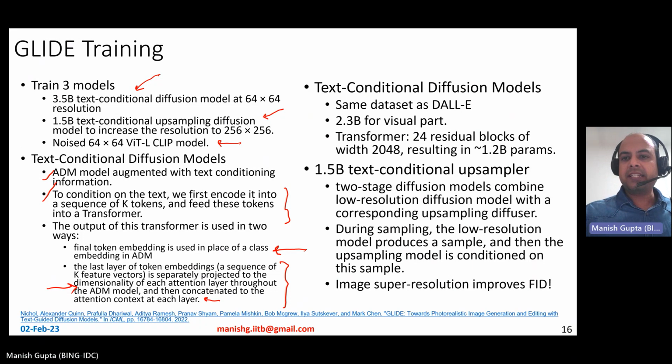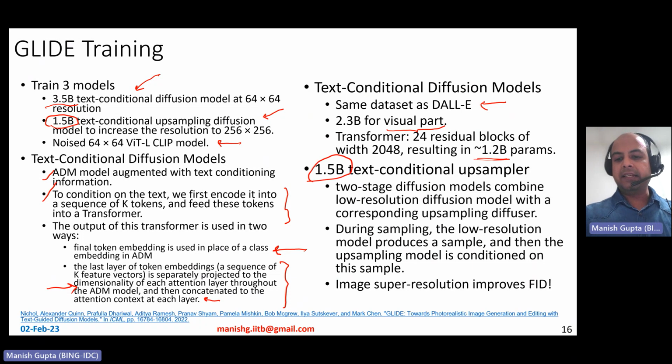Okay? So the text conditional diffusion model uses the same data set as DALL-E. The visual part has 2.3 billion parameters. The transformer part has 1.2 billion parameters. That's what makes the 3.5 billion parameter model. Okay? As we discussed, this 1.5 billion upsampler is essentially an image super resolution model and improves the FID